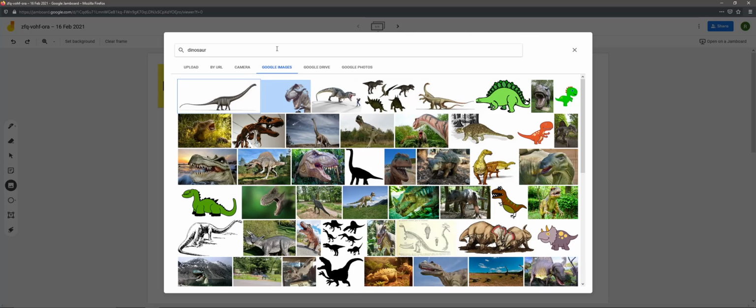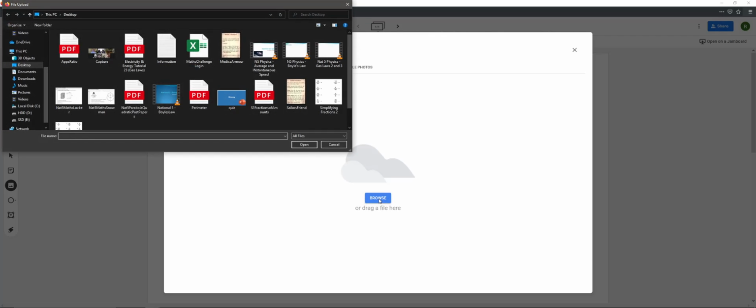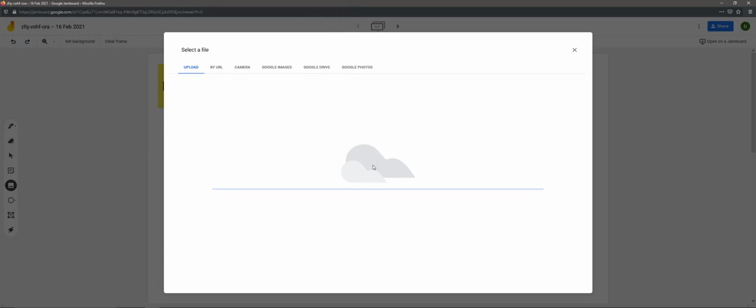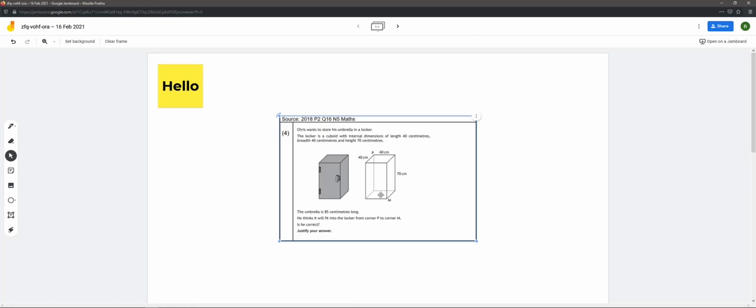So you could search dinosaur, bring up an image of a dinosaur and pop that in. Or if you've got a past paper question or something you want to look at, you go to upload here, click browse, and it will open up your computer files and you can find the image. Let's look at this one and that 5 maths one for you so you can all have some fun. And it pops